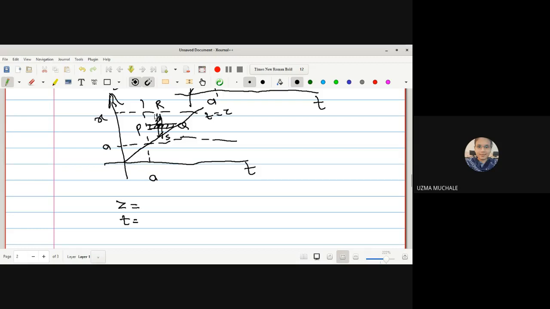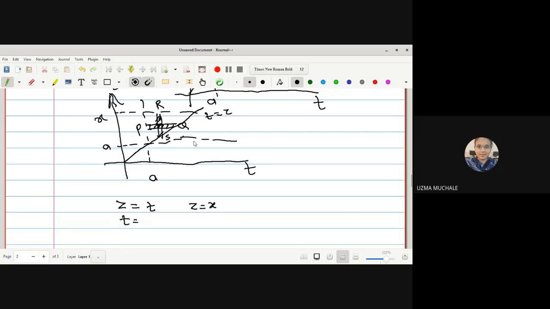So this strip is now parallel to T. Now the order of integration will become parallel to Z axis. After changing this, we have to write down the limits with the help of this strip RS. Okay. So now we have to write down the limits of integration of Z as well as T. Now if I want to write down the limits of Z, Z will start with T. From here, Z equal to T. Then it will end at X. Z equal to X. We have to see the RS strip. It will start from T equal to Z and end at Z equal to X.